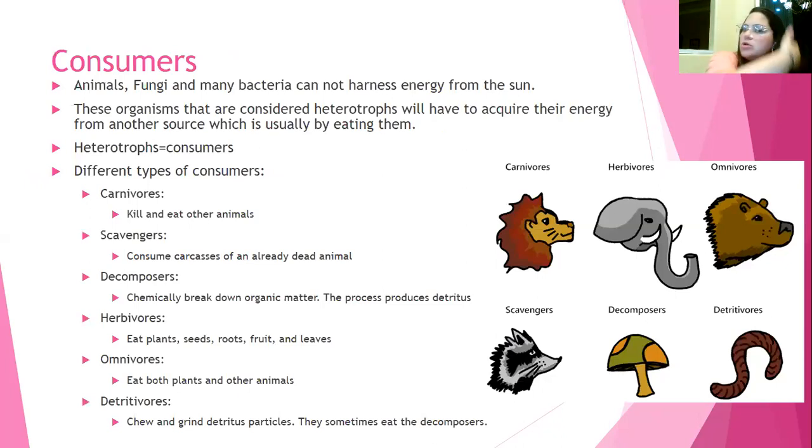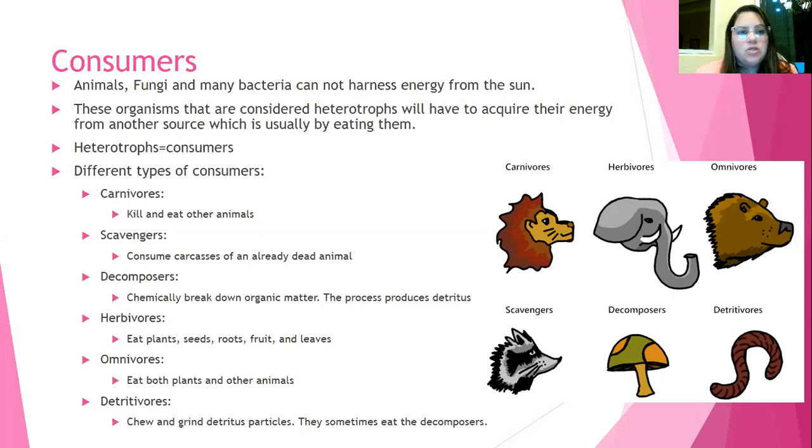All right, consumers. So there are several different types of consumers, but animals, fungi, and many bacteria cannot harness energy from the sun. So these organisms will depend on heterotrophs or autotrophs for their food. So these organisms that are considered heterotrophs will have to acquire their energy from another source, which is usually by